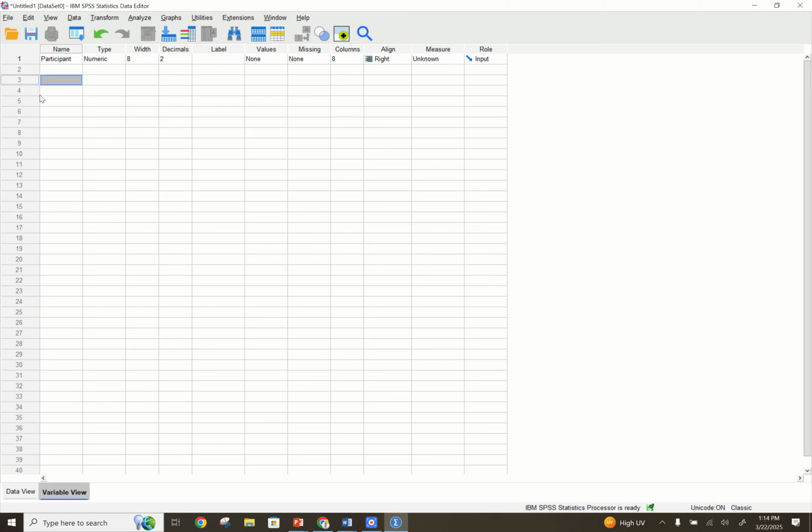so it made a boo-boo. All right, remember, you can't have spaces when you're creating your variable names. So I'm just going to put the word exercise and press enter. And then I'm going to put in the word esteem and press enter. All right. I'm not going to do the other variables that are shown in the sample problem, just participant, exercise,